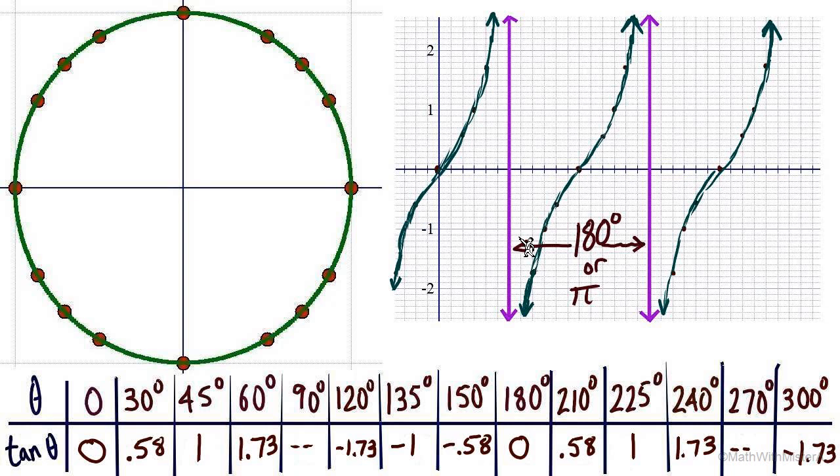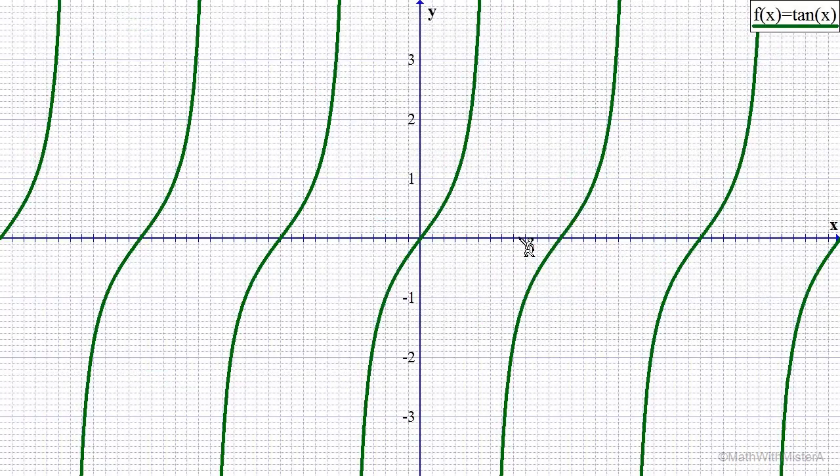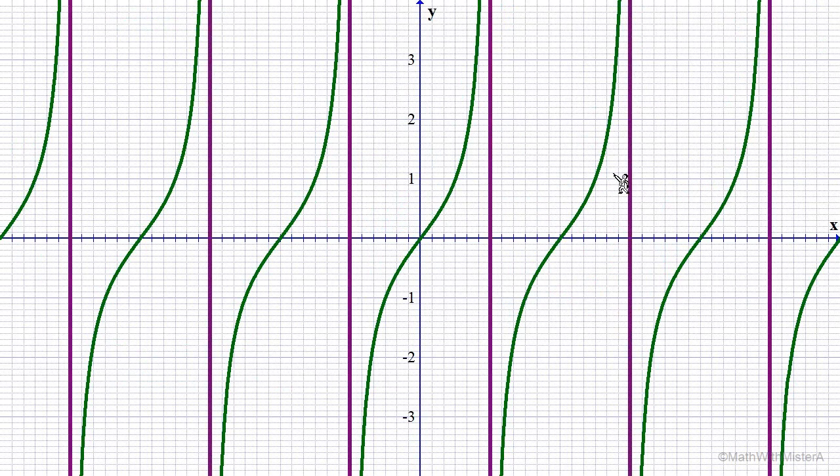For cosine and sine, it was 360 degrees, or 2 pi radians. So let's take a look at the computer-generated tangent graph, and there it is. The asymptotes are not put there for us. We could put those in just to really indicate where we have our period and where we have these values that are not allowed. One last thing I'd like to talk about quickly, I'm sure it will come up again,